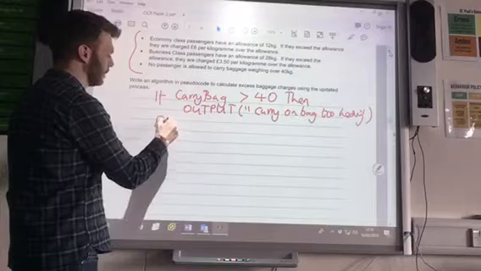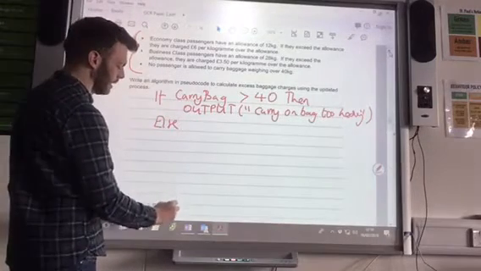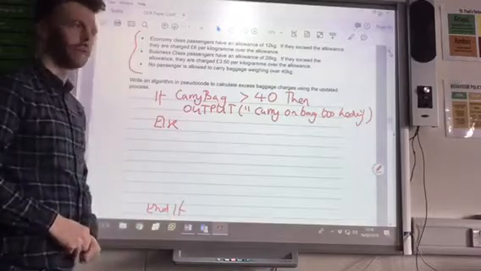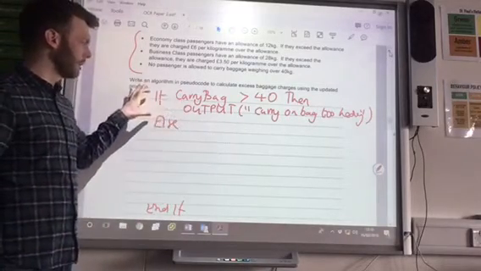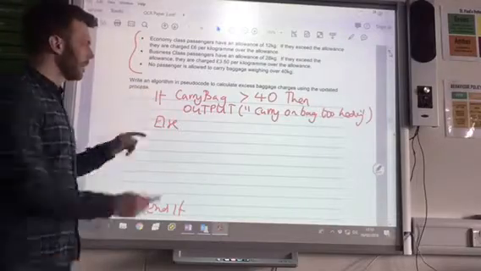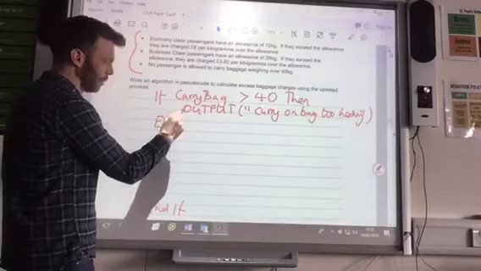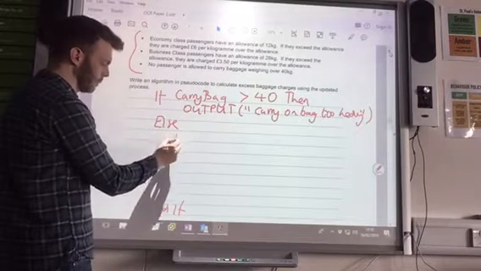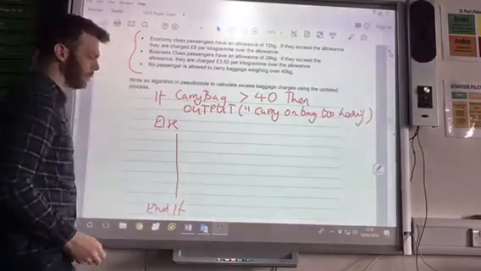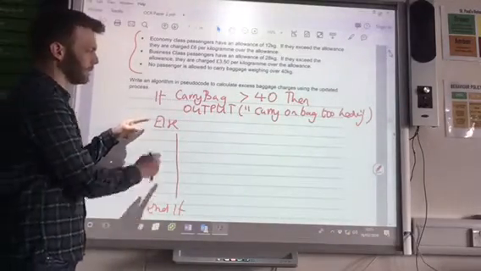Don't forget that else means otherwise. And let's end our if down here, so we don't forget. Notice I indented this code because it's inside that part of the if statement. So if this condition is true, then we run the true part. If it's false, then we're going to run the false part. So all of the code in here will be indented, and all of this will happen as long as this